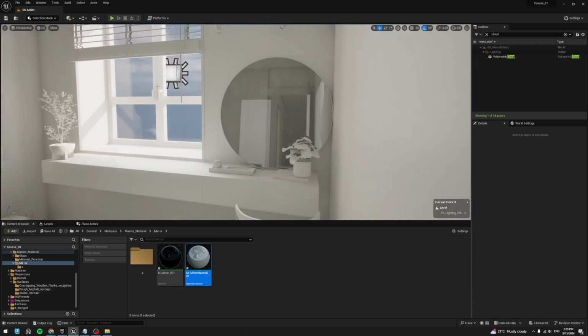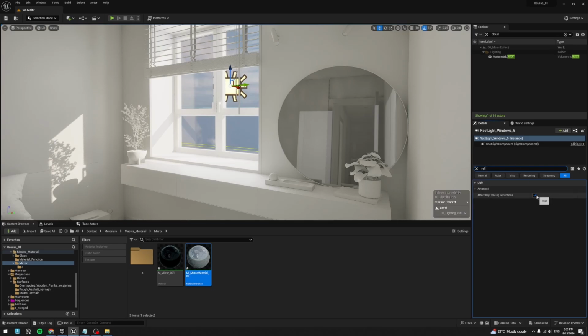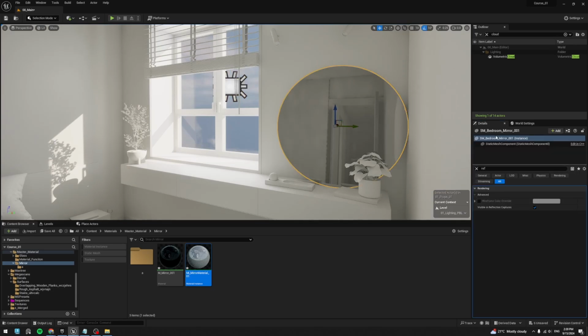My mirror is here, so the problem is here. So we're going to do this. Reflection. Wow, we already don't have that problem. Now, we're going to select the mirror. We're going to come to channel. Whoa, channel. And basically it's this, right? Normally it doesn't even make a difference. So what I like to do is I like to